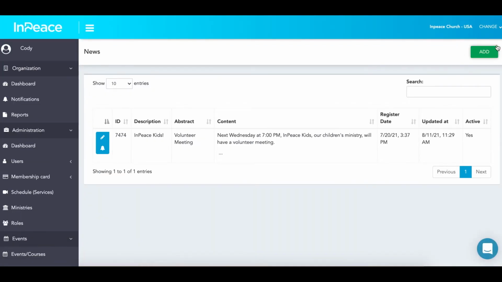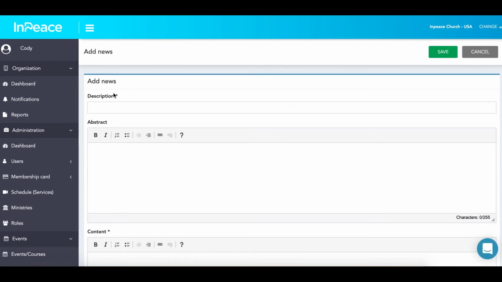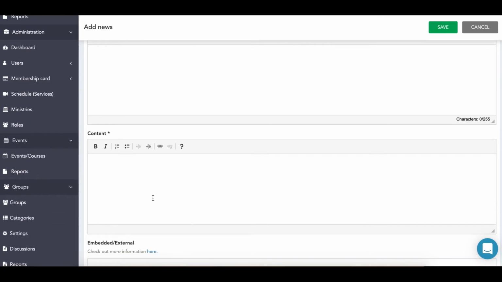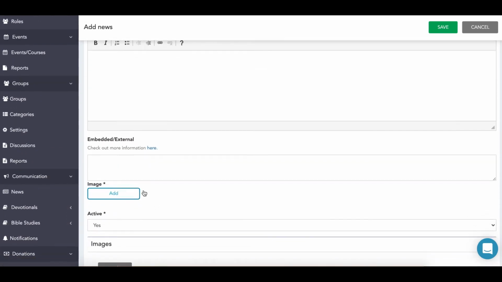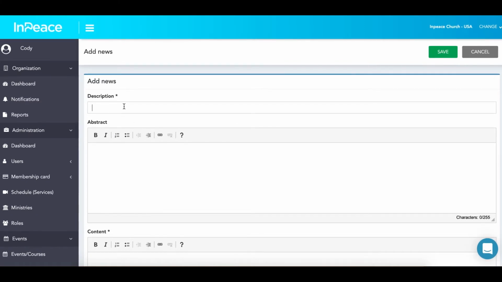To add more news to the list, you can click on the green Add button. The fields that have an asterisk are mandatory fields, so you need to fill them in to officially save your item. Adding an abstract is not required, but you must add a description, content, image, as well as if it is active or not. I'm going to add our description,